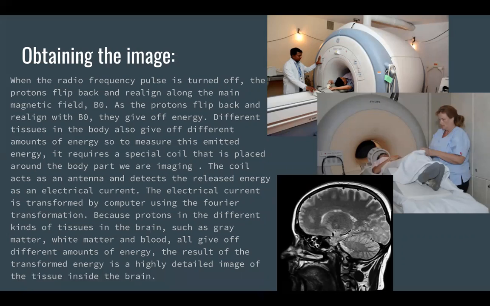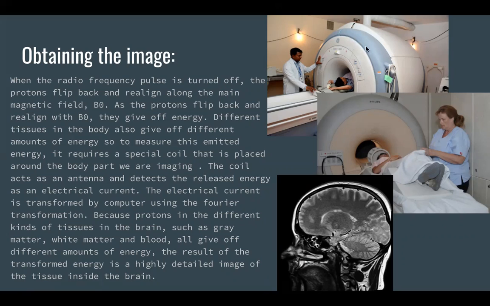Because protons in the different kinds of tissues of the brain, such as gray matter, white matter, and blood, all give off different amounts of energy, the result of the transformed energy is a highly detailed image of the tissue inside the brain. So this is what is used as the coil to